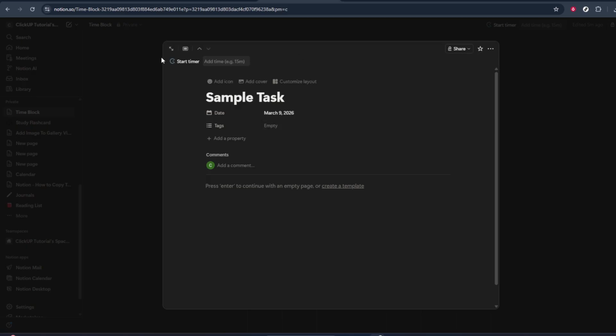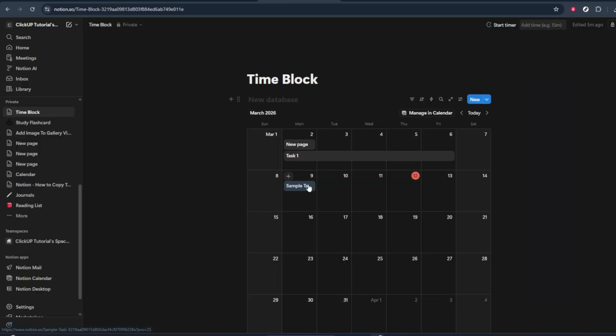First, launch Notion on your computer. You can do this either through the desktop app or directly in your browser. Once Notion is open, navigate to the workspace or page where your calendar is located. If you already have a calendar view set up, click into it. If not, you can create one by adding a new calendar database to your page so you can start organizing